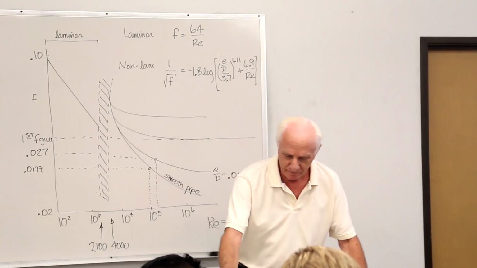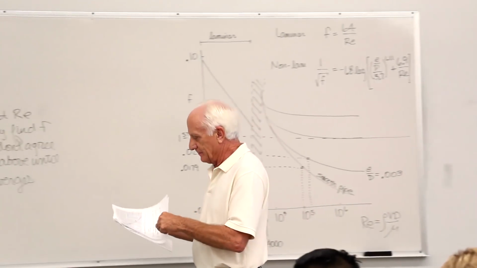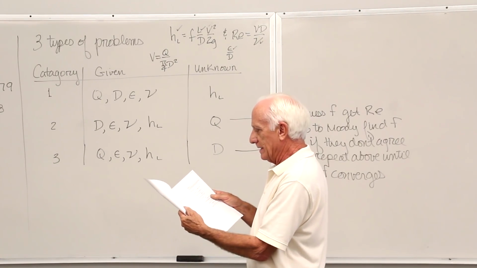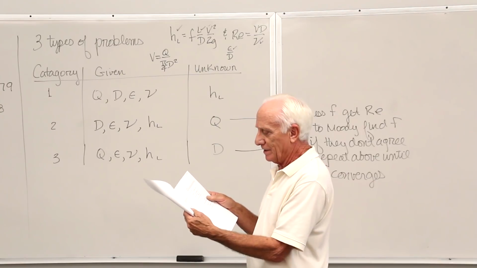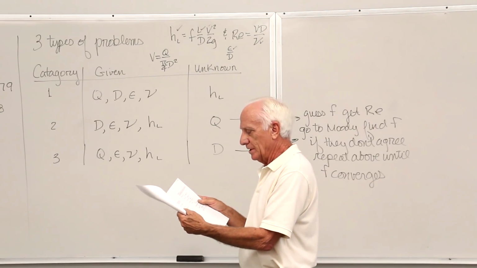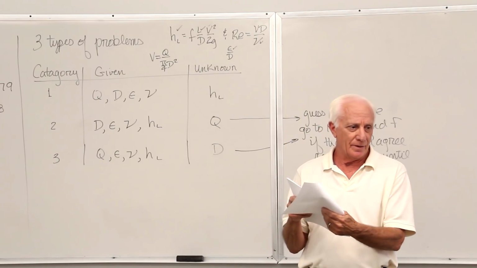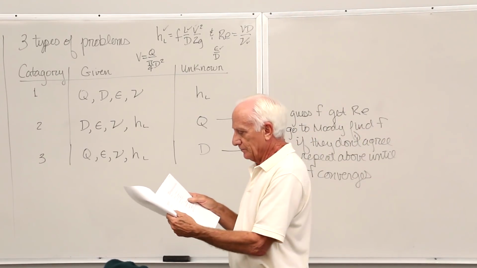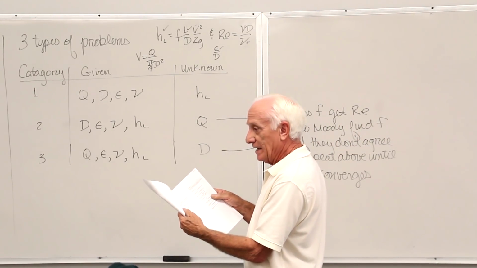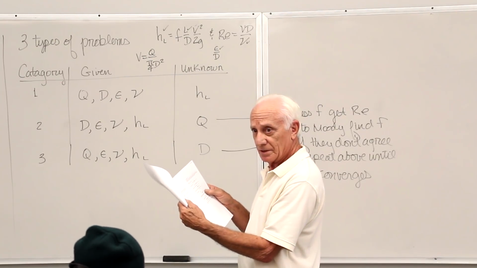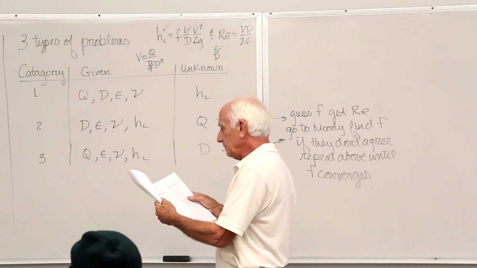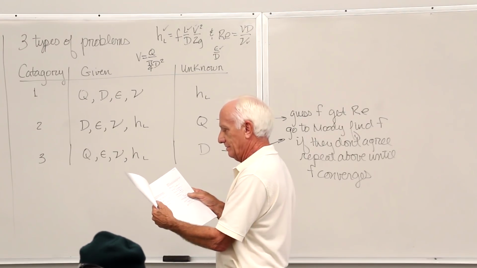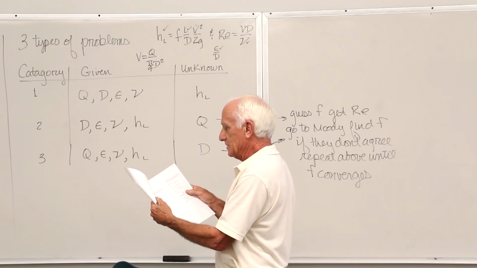On that page 2, in the left-hand column, read it here. An alternative to using the Moody diagram that avoids any trial and error process is made possible by empirically derived formulas. Now, empirical comes from observation. They're not derived theoretically. Presented by Swamy and Jain, 1976. This appears in our current textbook. It's a long time ago, but they still work. For pipe flow, an explicit expression that provides an approximate value for the unknown in each category problem.